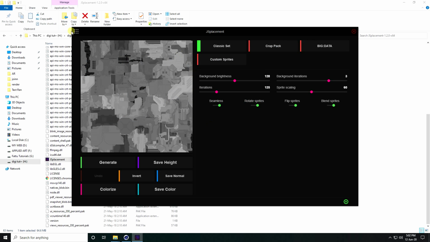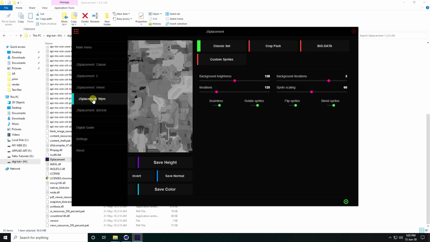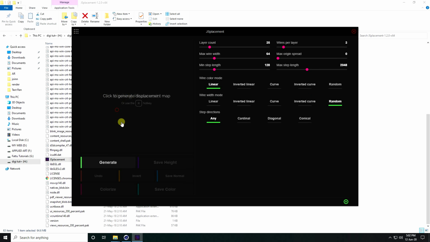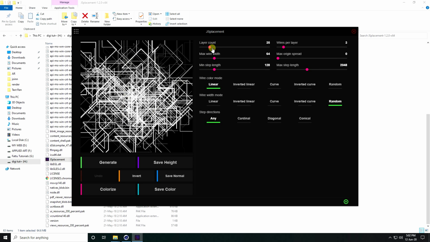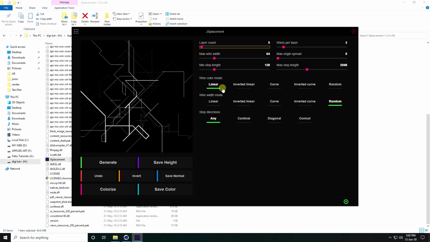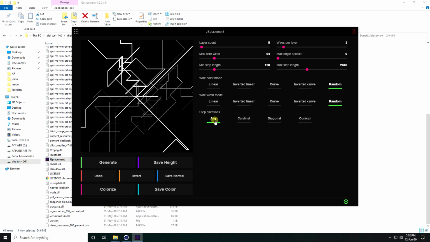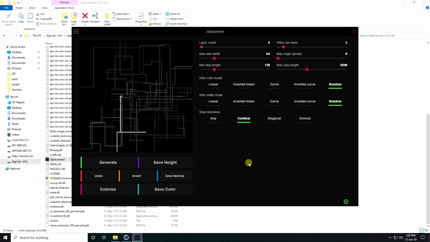For the second texture I use wire, black wire, and click. I decrease the layer count, go to random and change the step, and change the max width.